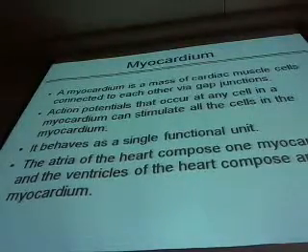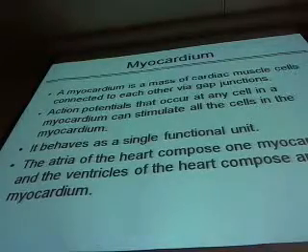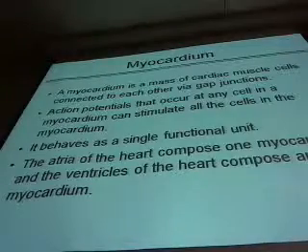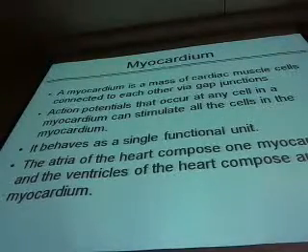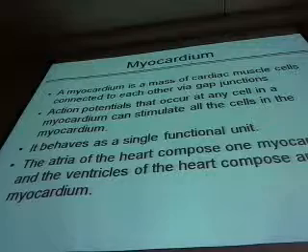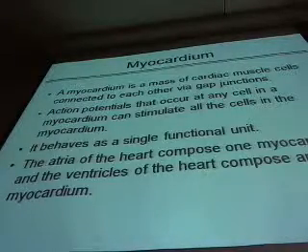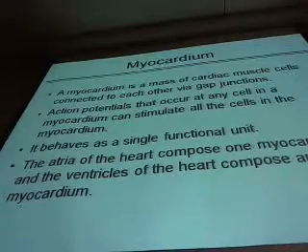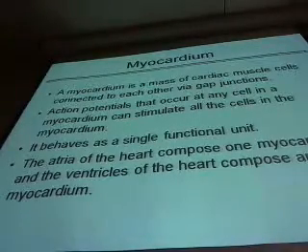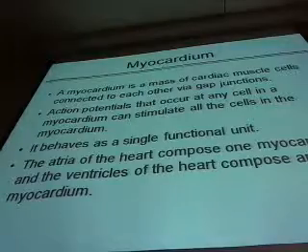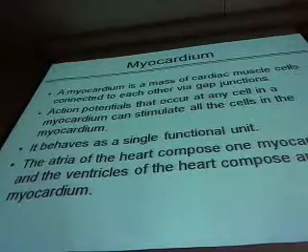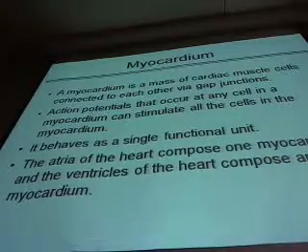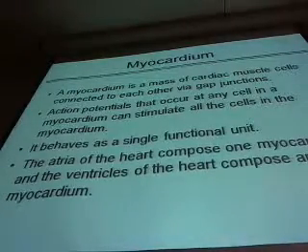But if you look, and we'll look at this further, the electrical current comes out of the SA node, and then it hits the AV node, the atrioventricular node, which slows it down by a few milliseconds, so that the ventricles contract just a little bit after the atrium. So they have time to fill, then they contract, and then the whole cycle starts